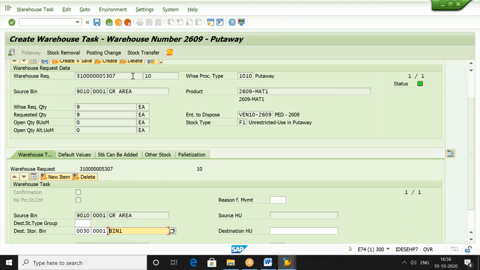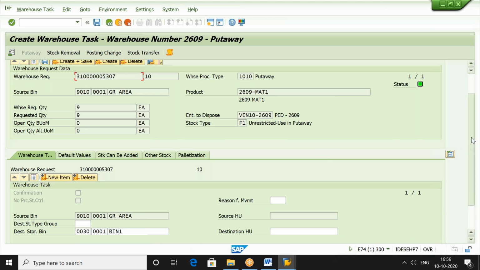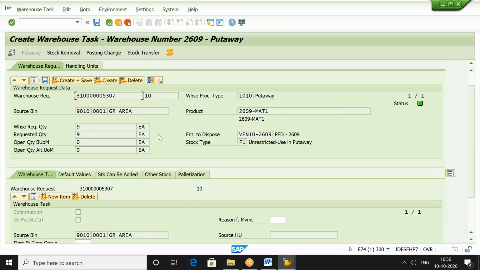This is the request number, the document request number, either an inbound delivery document or an outbound delivery document. So the warehouse request is nothing but the document number. It is saying that this is the product